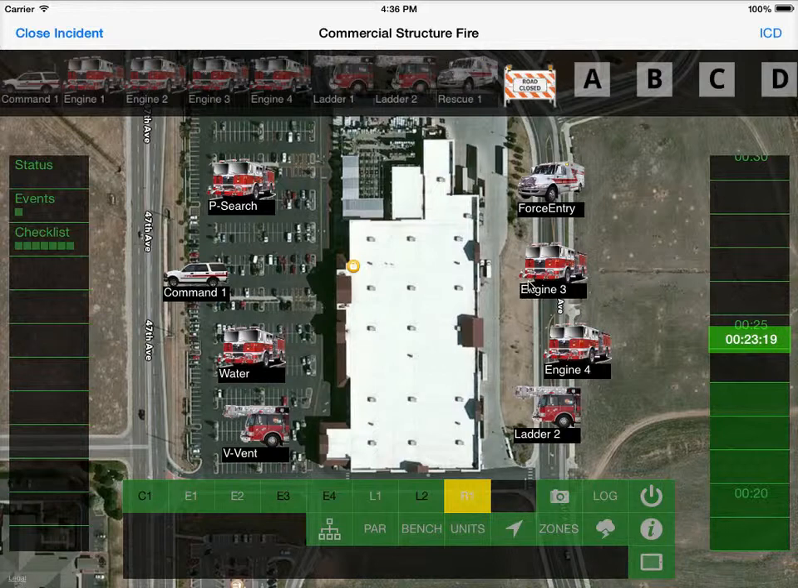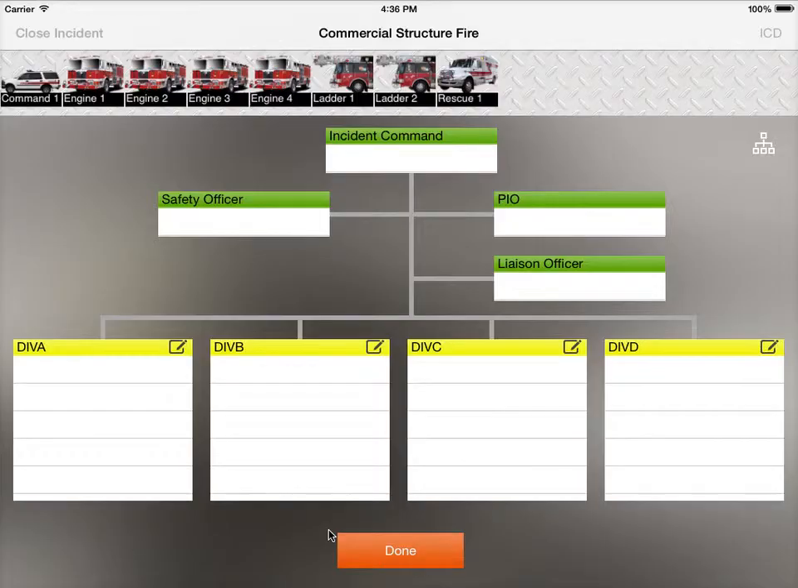Now that we have our units added to scene, we simply tap on our division tool in the ICD toolbar, and we get an organizational chart. It's very simple to begin filling the organizational chart. Just drag the unit to the appropriate box on our command screen, and we're going to organize our incident scene